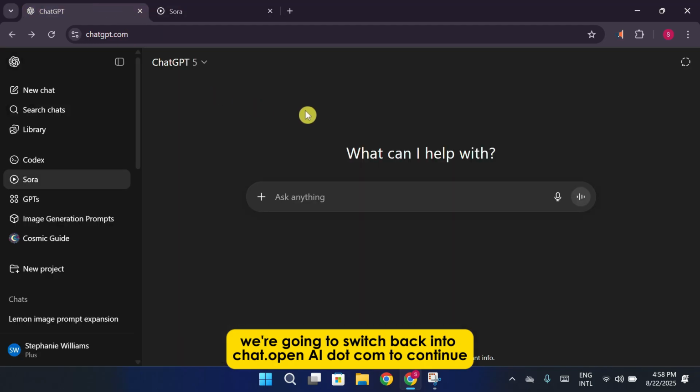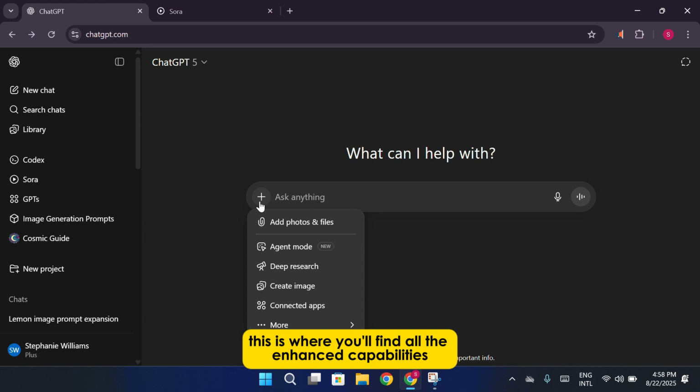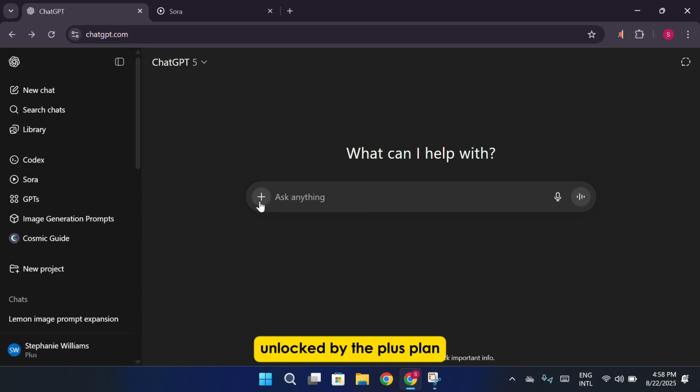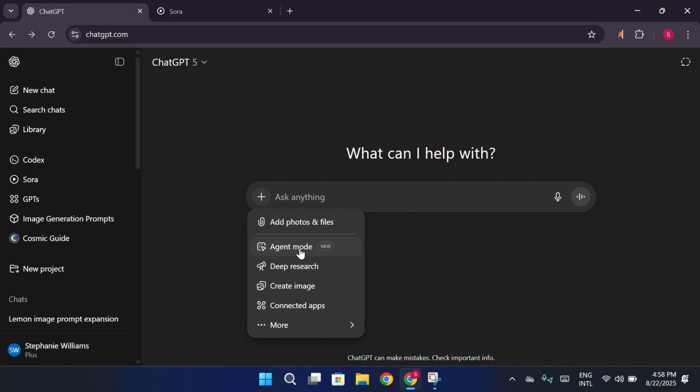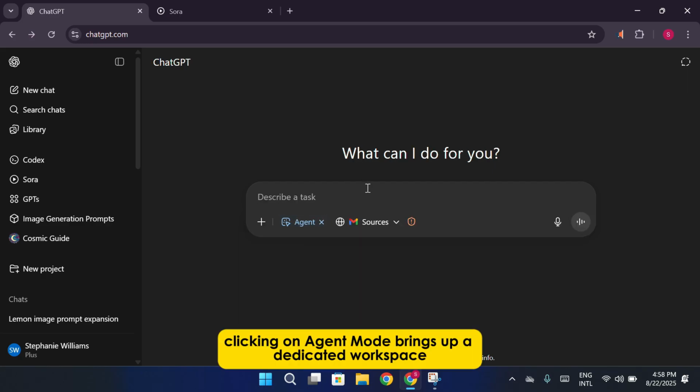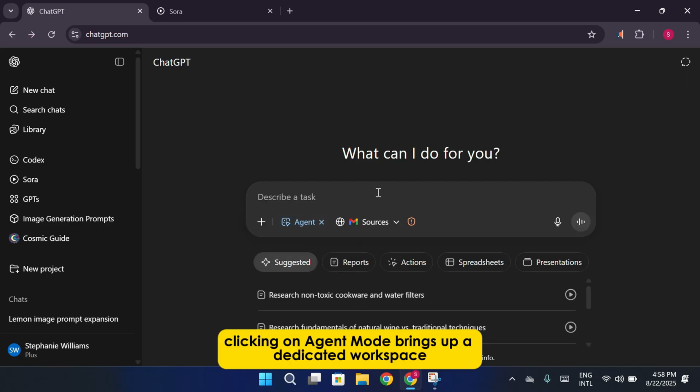chat.openai.com to continue. So, once you're signed back into your ChatGPT dashboard, look over at the menu and click on Tools. This is where you'll find all the enhanced capabilities unlocked by the Plus plan. Under the Tools section, you'll notice a variety of options, and one of the most important ones here is Agent Mode. Clicking on Agent Mode brings up a dedicated workspace where you can begin describing tasks for your AI agent